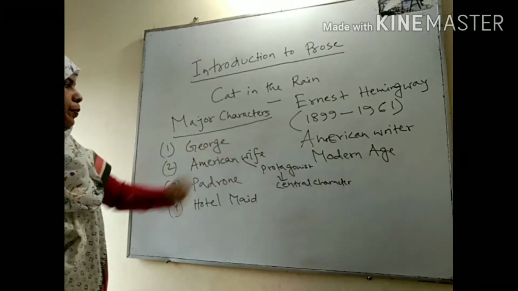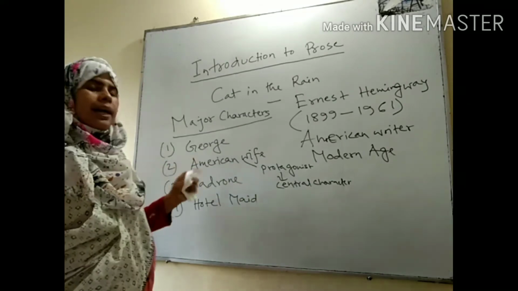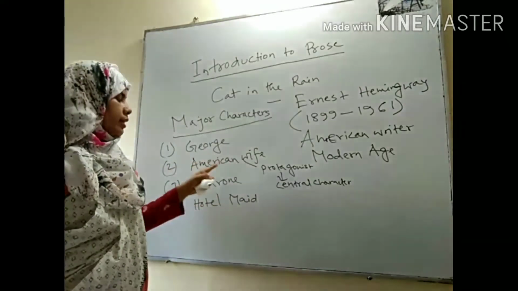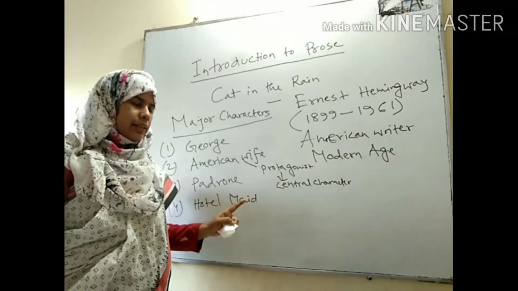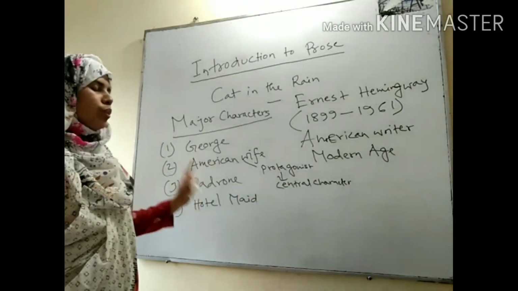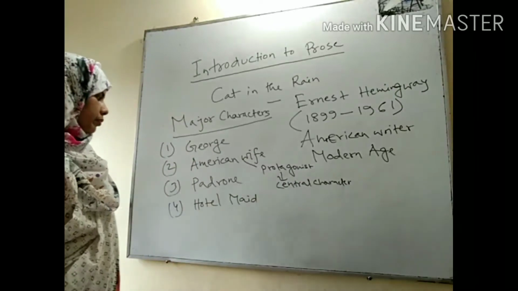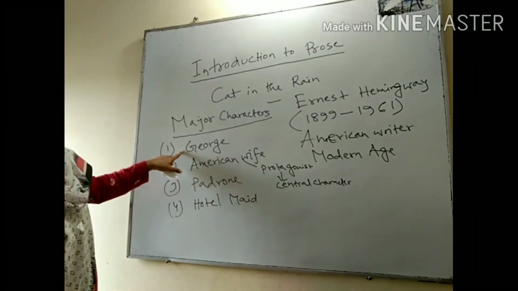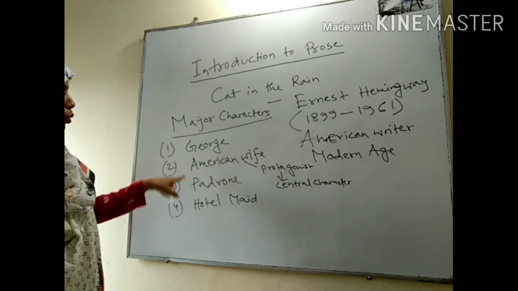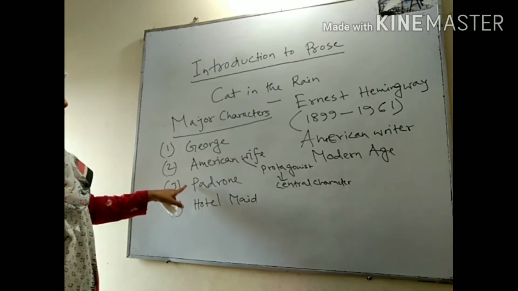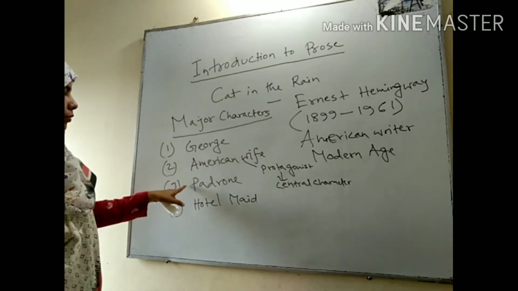George is the husband and the wife is unnamed here. She is referred to as American wife or American girl. She has no name in this story. So, I repeat, George is the husband and American wife, she has no name, and there are other two characters,